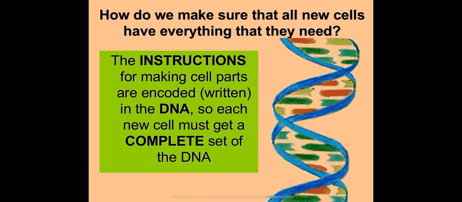Before all of this can happen, though, how do we make sure that everything that we need is inside of those cells? And the answer is something called DNA replication. We want to take the DNA that is encoded and exists in the parent organism, the parent cell that we're trying to replace or repair, and we're going to copy it. And we want that copy to be as perfect as we can, because you should know your DNA that you're born with is the DNA you're going to die with.